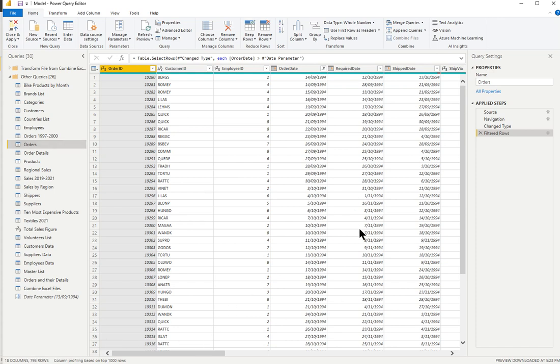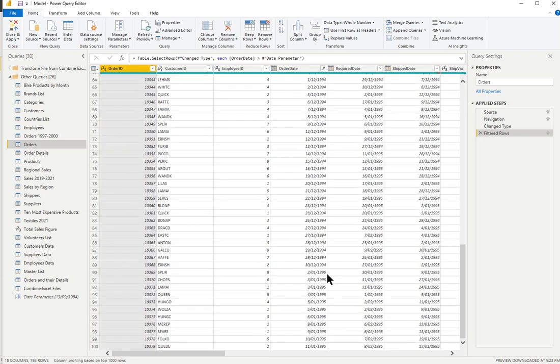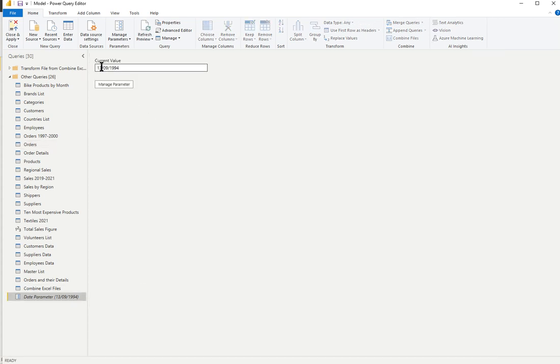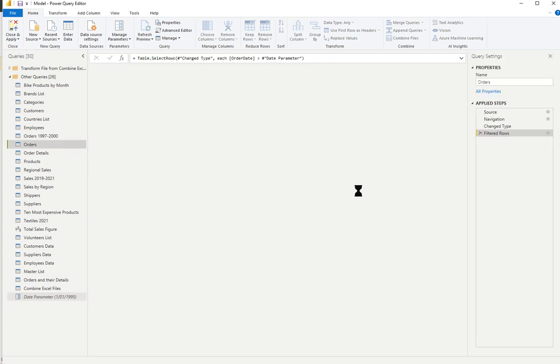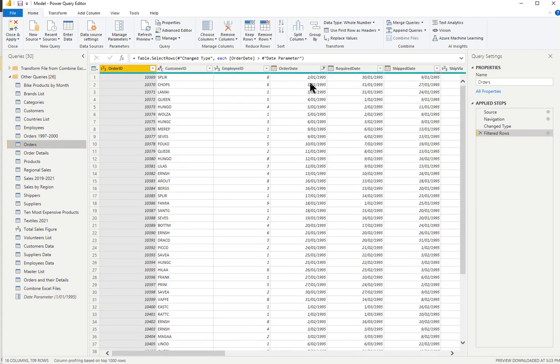instead of 830 rows. Now what if I just want to see those records that are after, say, the 1st of the 1st, 1995? I go to my date parameter and I change it to the 1st of the 1st, 95. Now if I go to my orders, it narrows down the volume of records I'm looking at to 709